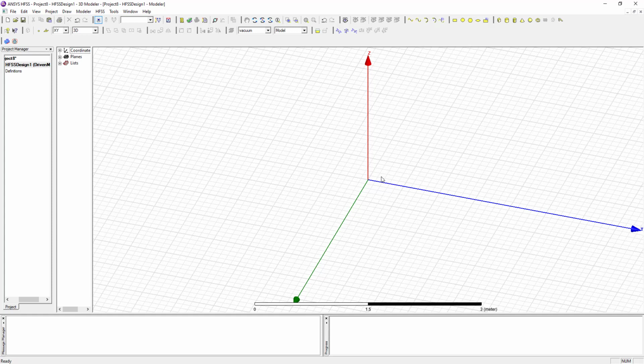Now start designing your Yagi-Uda antenna. First of all, let us design the boom. For designing the boom, I have to change the plane first.